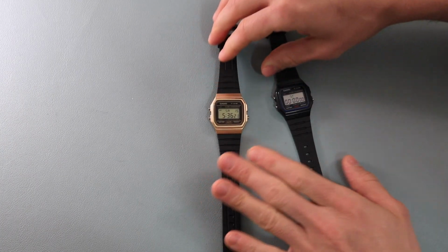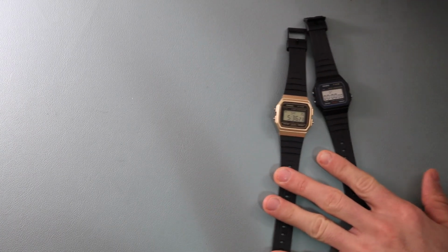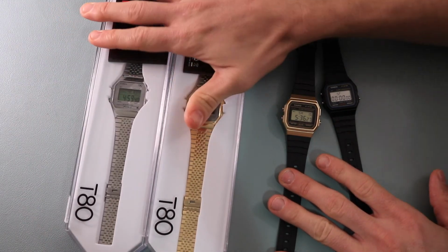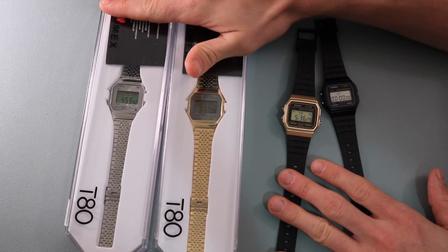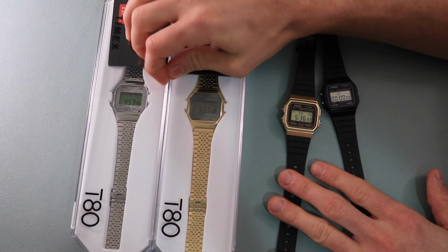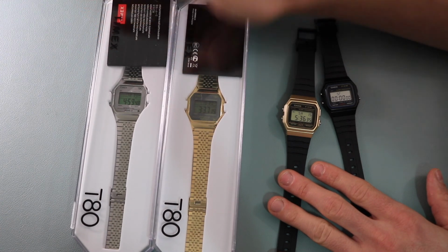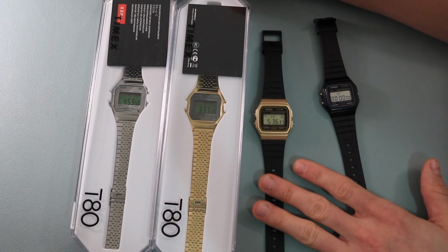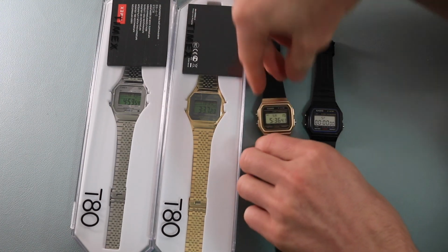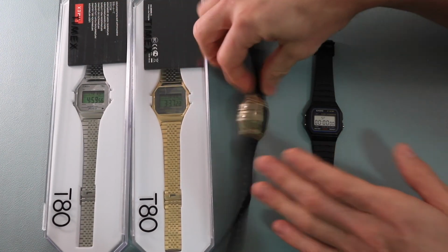The only other thing I did want to mention is my girlfriend did get me 2 separate Timex T80s for Christmas, so I did post a video on these. So if you're interested in looking into the Timex T80, she did get me those, and I did go over these watches recently. I've got so many watches to wear now, but I'll probably stick with these for now. But this is the Casio